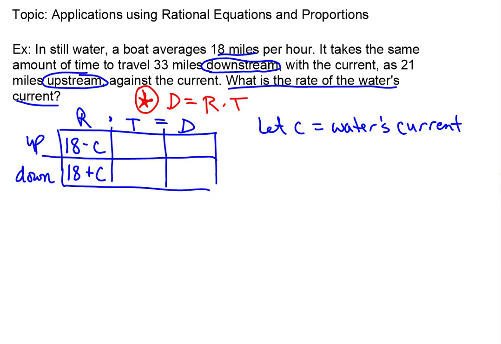It says it takes the same amount of time to travel 33 miles downstream. Okay, so let's start putting these things in here. We know the distance down is 33, as it just said, 33 miles downstream. And then if we keep reading, with the current is 21 miles upstream, so the distance up would be 21. But notice it said same time, which means though we don't know what that time is, we can call the time of both up and down just t. Why don't we use t for time? All right, so this gives us a full chart, which is always a good step or phase to be in,